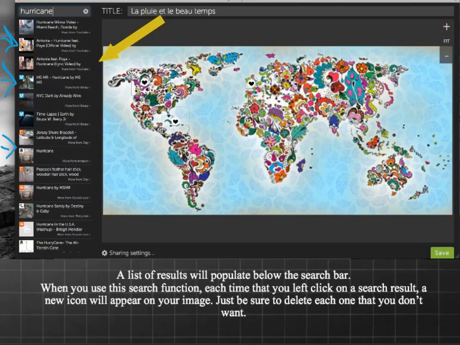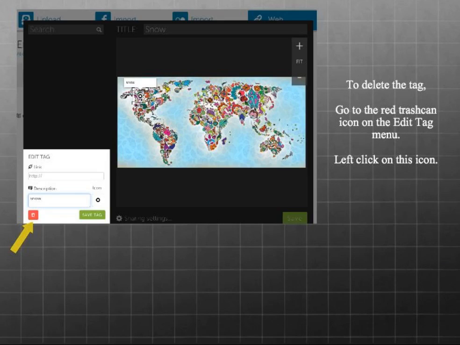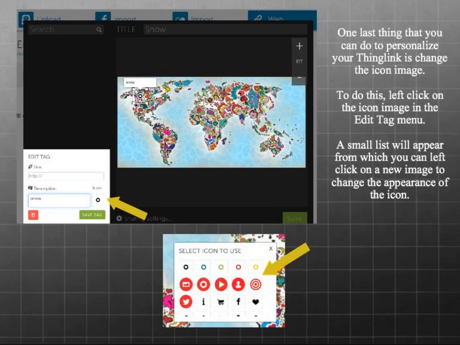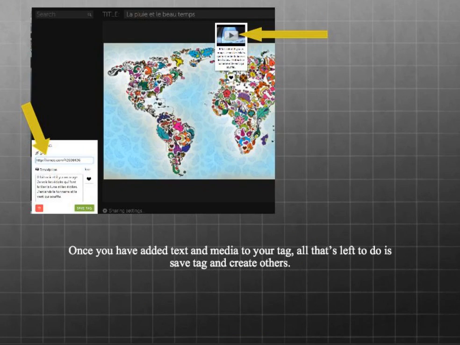Also, Amazon books. That could be useful in some circumstances, but I didn't think it was particularly helpful. There's also the red delete button in case you make a tag you don't want. You can also choose your icon, unless you upgrade to the full version or have more advanced access, then you can't toggle the icons at all. So you have to just work with what they give you,